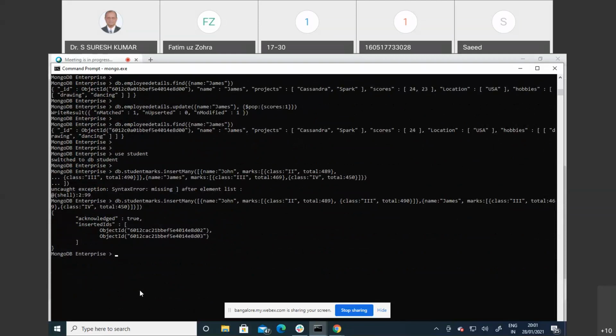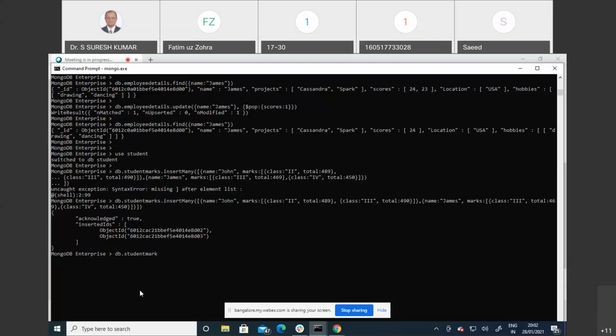Now the command which we will be using to see the common class in both: John is second and third, James is third and fourth. Since the common class is third, let's write a command to select all documents in this array field that matches some specified document. Let me say somebody who has got in class 3, 490 marks. I want to query. So to run this query, what will I do? I'll say db dot